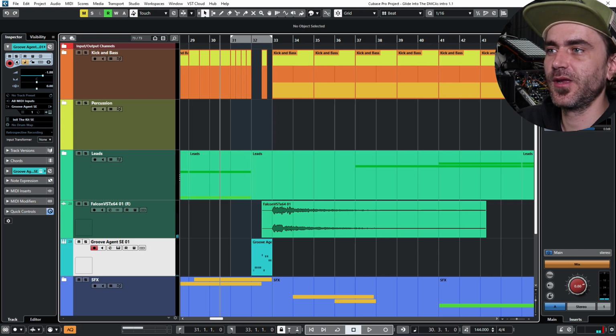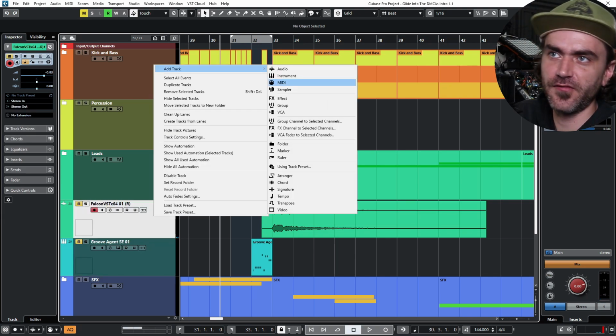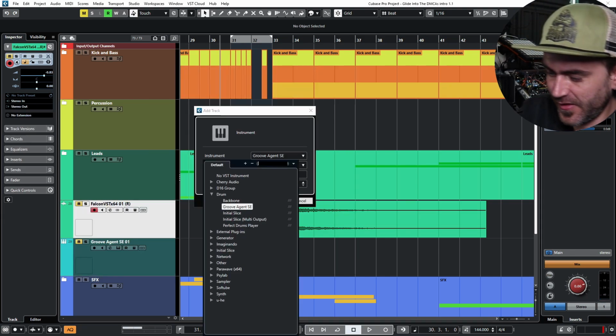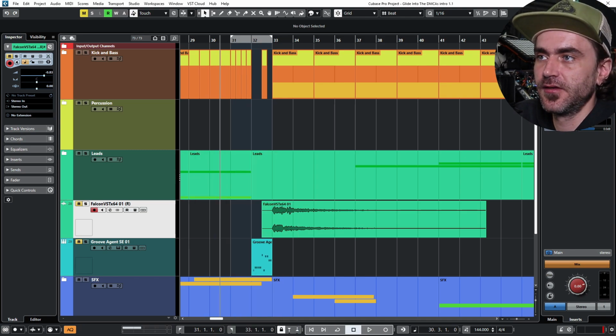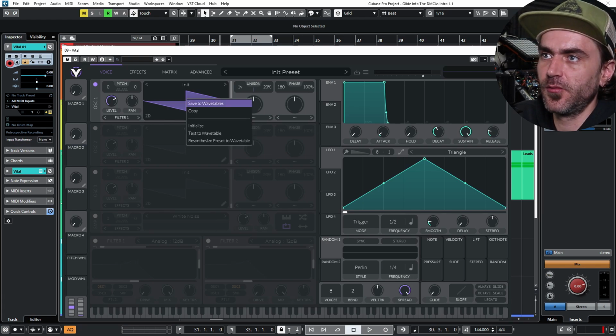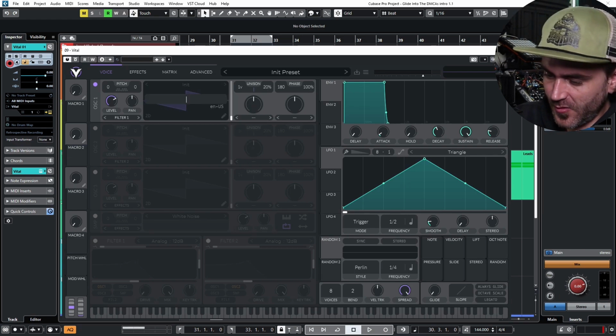Okay, last but not least, we could create a vocal type of thing. So there's various ways we could do this. I mean, Vital is probably the easiest way to just generate a vocal, in the oscillator. Just generate a little speech sample. What I'm going to do here is text to wavetable, and we can just say